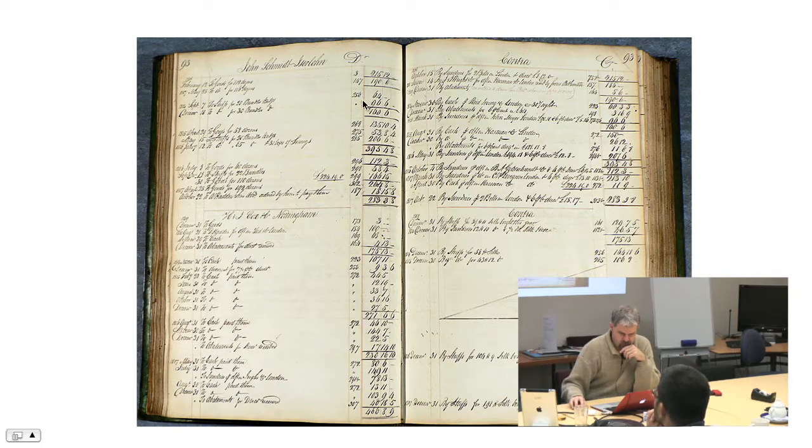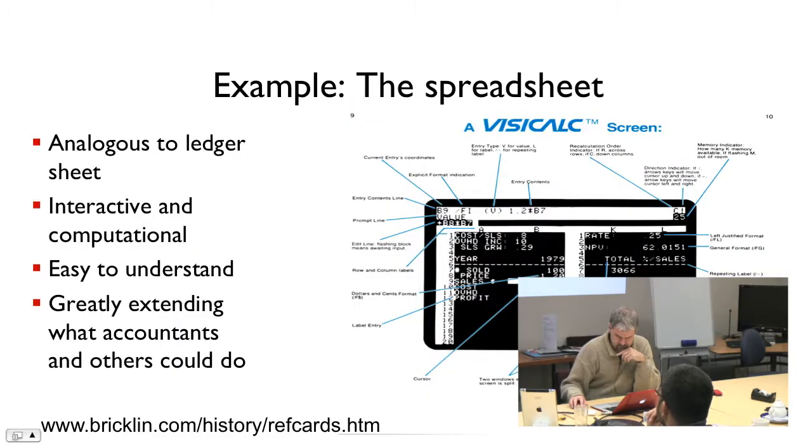So then you add up all the numbers down here as you go, and here are all the intermediate deletions or additions to keep the current total at the bottom. So VisiCalc used that same metaphor. The designer decided to use the ledger sheet as a metaphor, and by doing that, because his target end